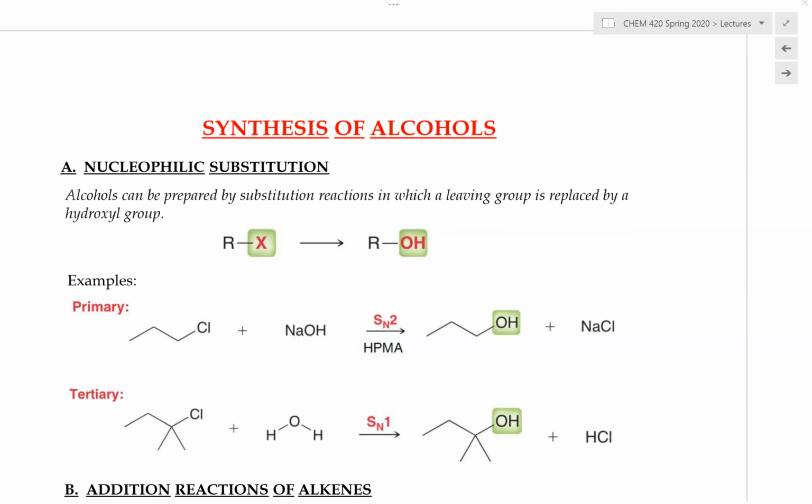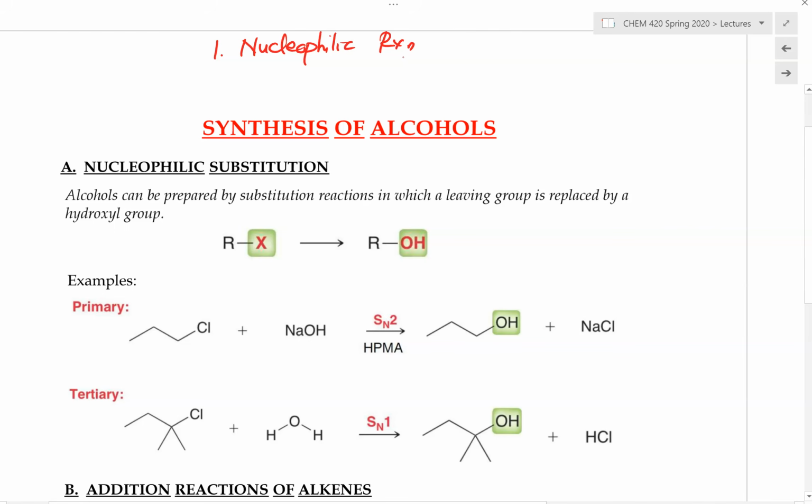Hi, in this lecture video, I'll be discussing the synthesis of alcohol. So how do we make our alcohol functional groups? I'll be discussing 4 different types of reactions that we can use to make the alcohol. Overall, there are 4 reactions that I'll be covering in the next several lecture videos. The first one is the nucleophilic substitution reaction